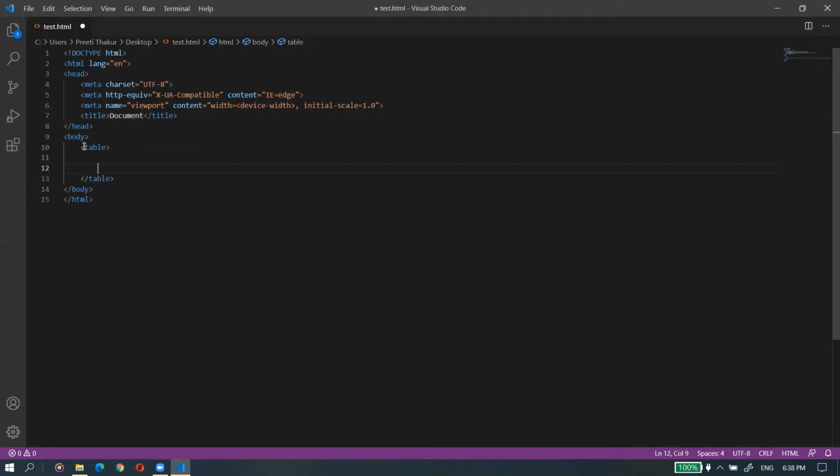So for that I am first creating 3 rows. Let us create the first row, then the second row of the table, and now the third row.